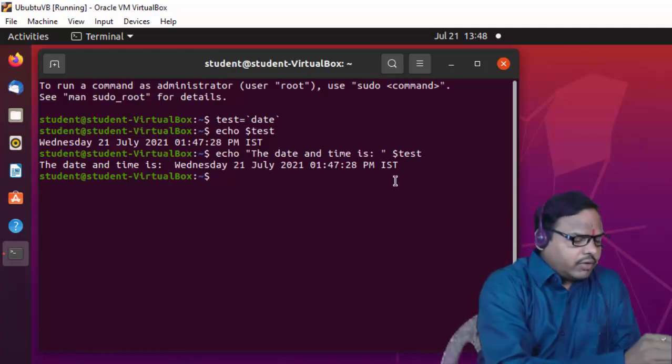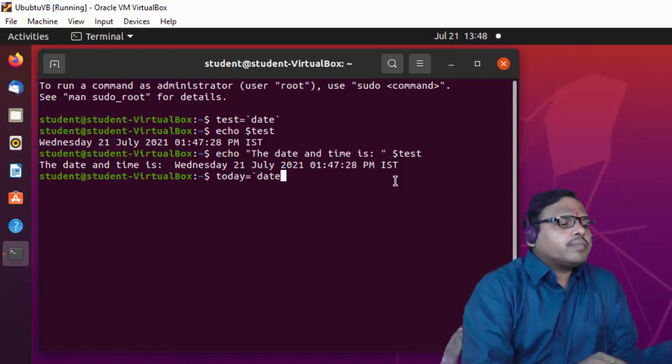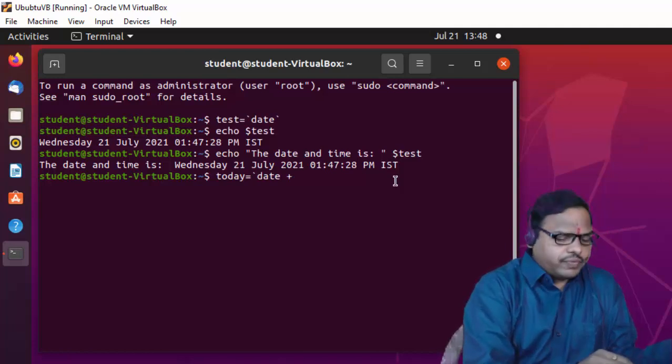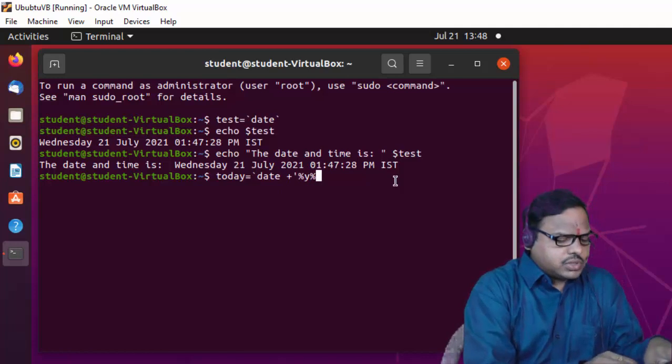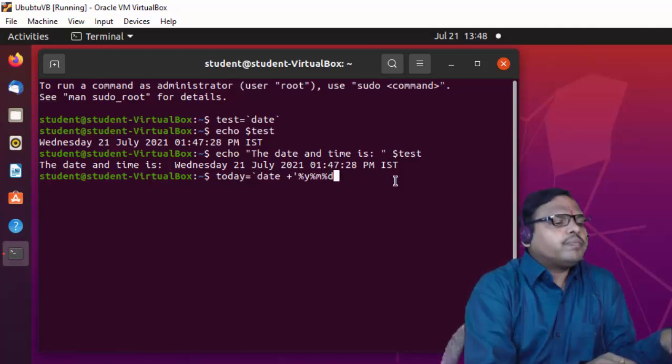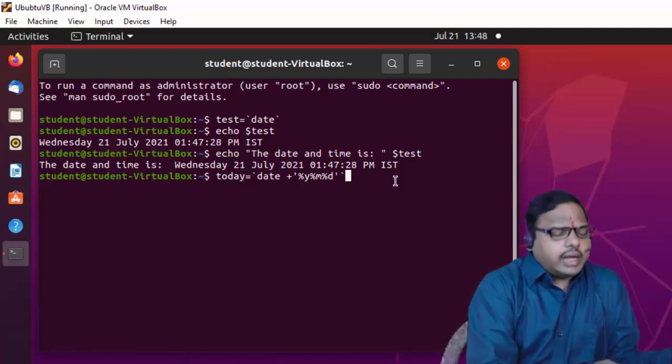Now we'll have one more variable. We'll say today is equal to date using the format specifier, single quote %y, %m and %d, close the single quote and again close the backtick. Here we are using the format specifier to display the date in year, month and day.